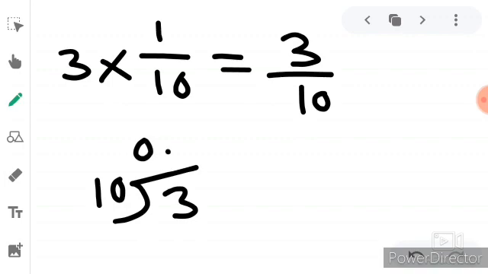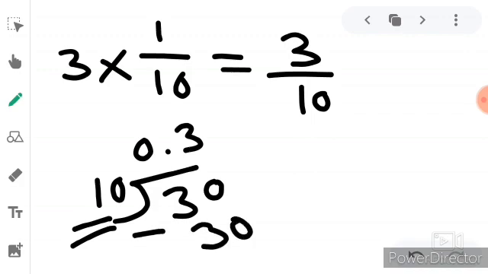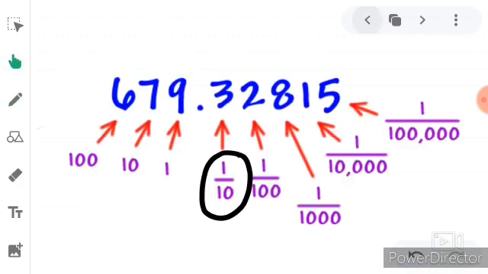So now divide 3 by 10. Put decimal point first, then 0 here. Now read the table of 10. 10 3s are 30. So minus 30 from 30, 0. So our answer is 0.3. So let's check it. Our answer is 0.3, means the value of this 3 is 0.3 because it is present on which place? Tenths place. Now find out the value of 2.